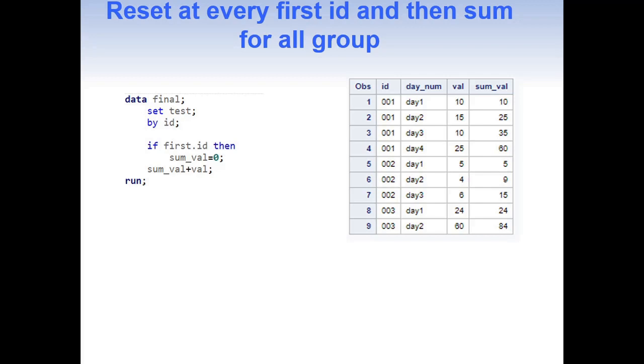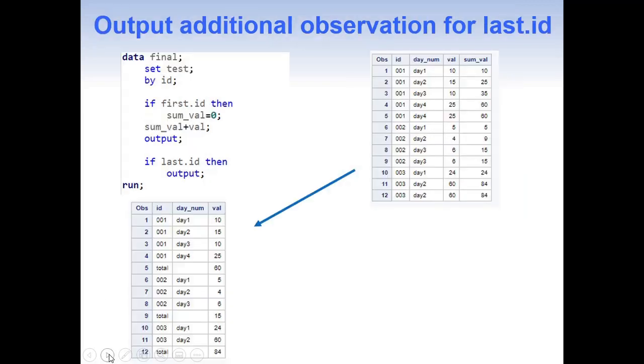Now that we are able to get our total in a proper way, let us see how we can insert a new row, especially after the last observation. To do that is also simple. Below is the very same code with two changes. Here I have an explicit output. This is the default way the SAS data step works, that it has output even though we don't mention an output. So this is going to give the results exactly what we have previously.